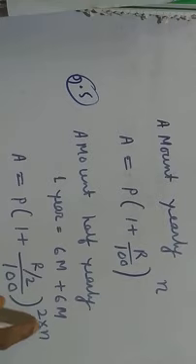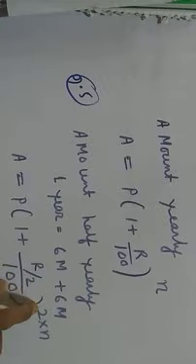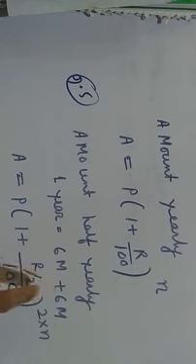Time will increase by 2 times and rate of interest will decrease by 2 times. Why is this 2 coming? Because in 1 year there are 2 half yearly periods. That's why this 2 comes. You will get this formula here, under rate compounded annually or half yearly. You can read this paragraph for better understanding.